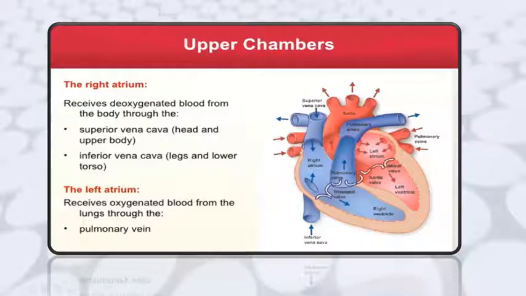That is the work that happens in the right atrium. Now, if we move to the left atrium, the left part of the heart always receives oxygenated blood from the lungs through the pulmonary veins. These pulmonary veins come directly from the lungs. So the oxygenated blood from the lungs is carried through the pulmonary veins and enters the left atrium.